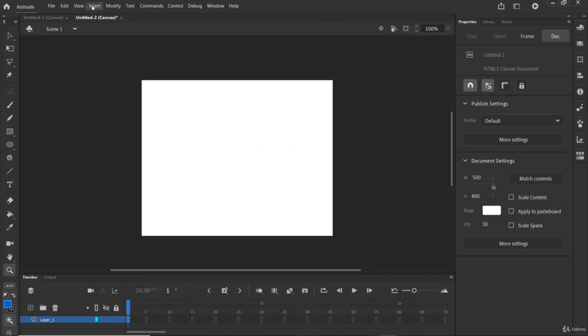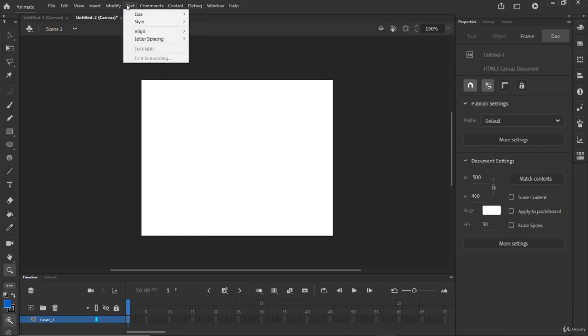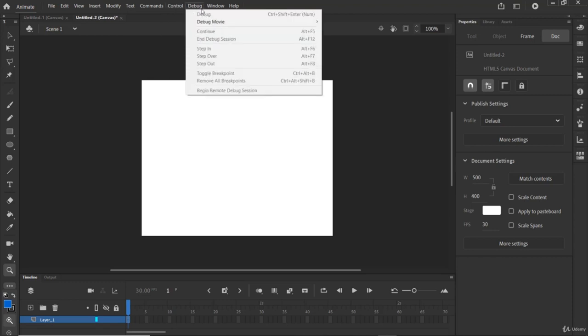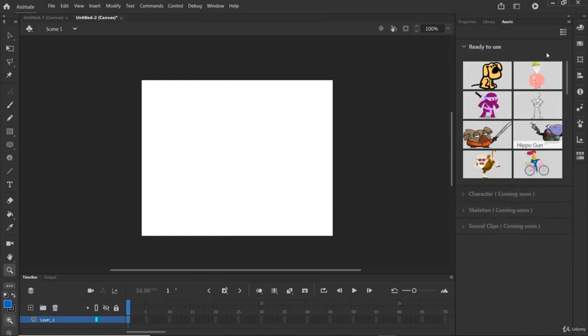As you can see, you have some inserts like create classic tween, motion tween, and create shape tween. All this you will know about. Modify, you will know about all this. Modify, text, control, and some debug. But let's talk about Windows. This is where you can add other windows if you want to, like Assets.